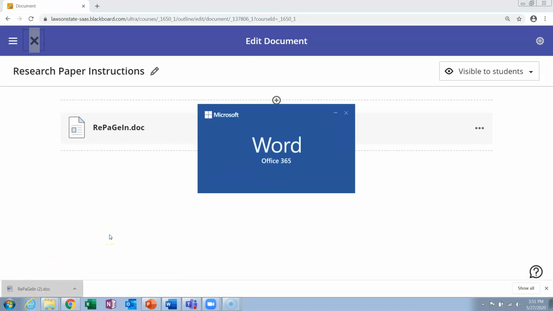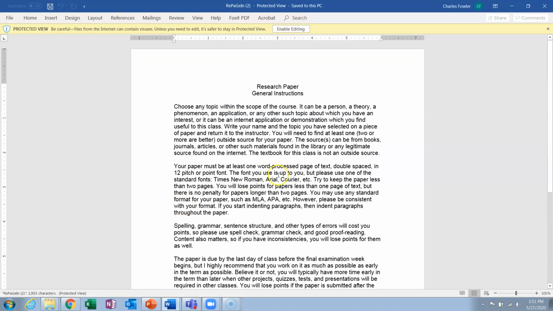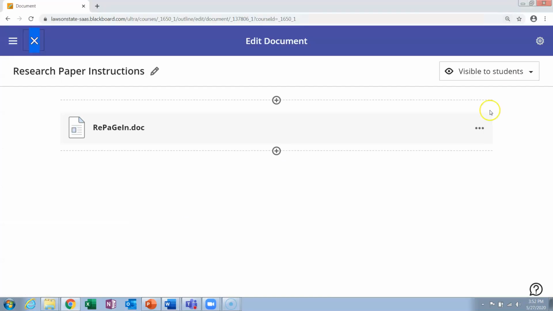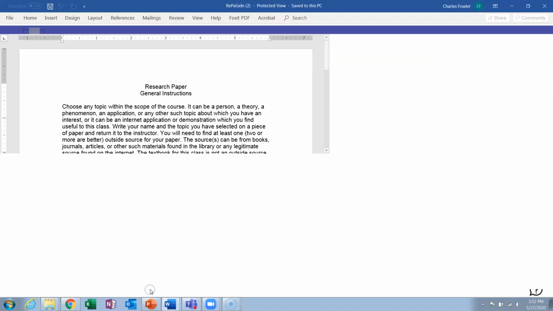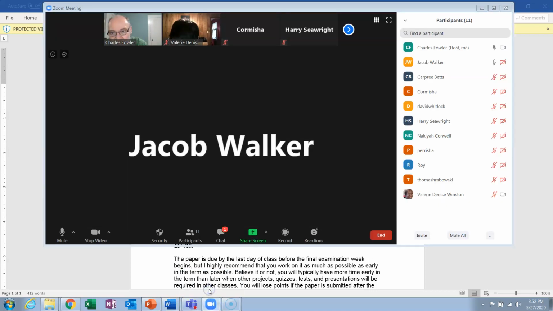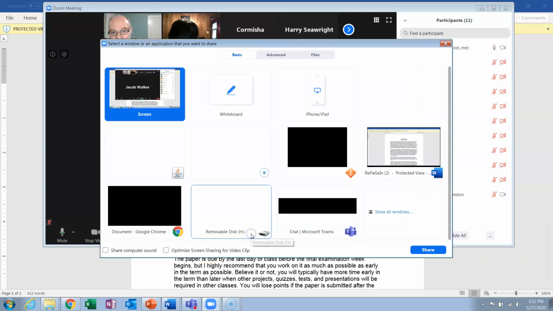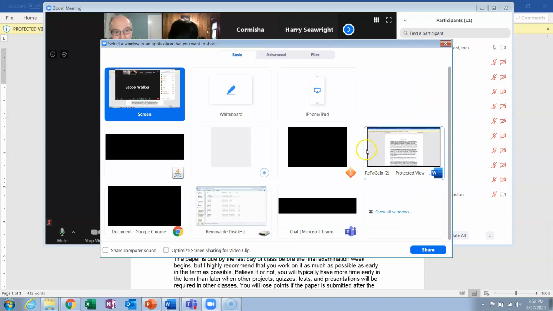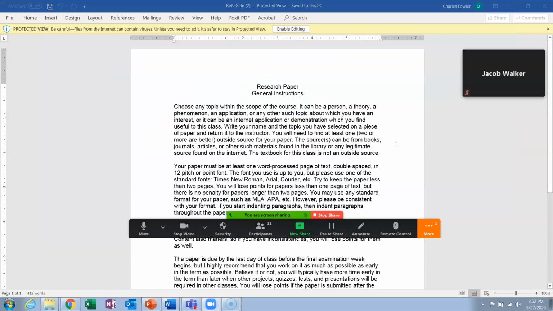Once they get open, I'll pull you back in to screen sharing. Well, that's not how I wanted to do it. Wait a minute. I figured out the better way last time. Okay. Better to get my Zoom going here. There we go. Okay, can you see the research paper instructions?